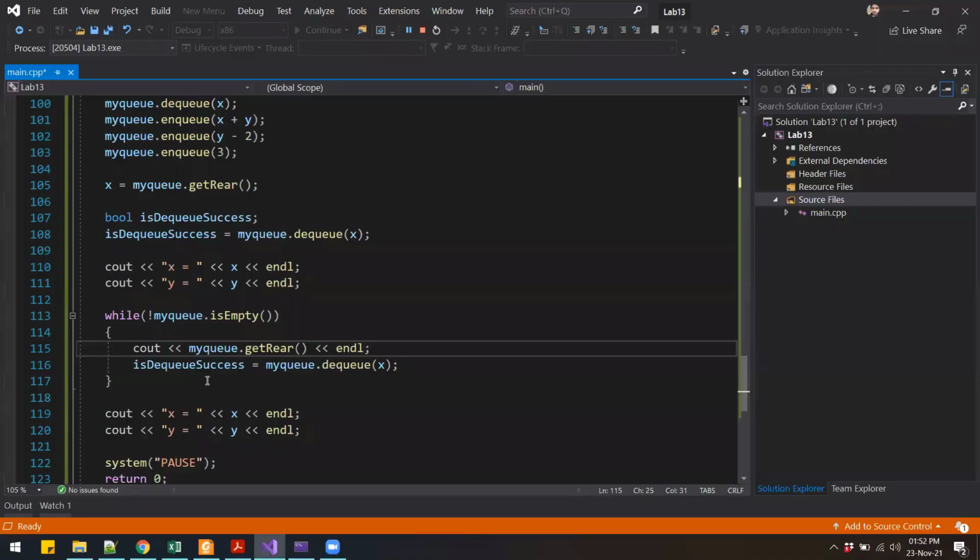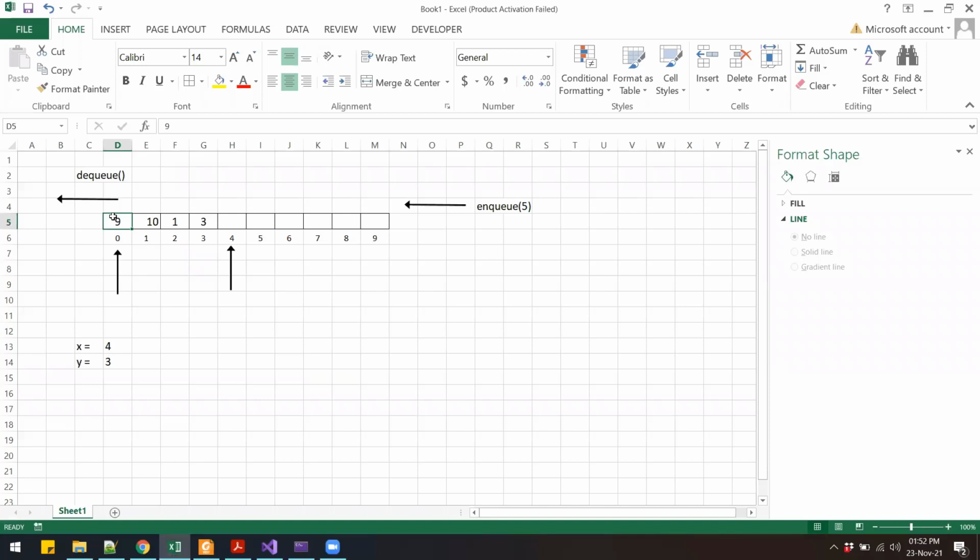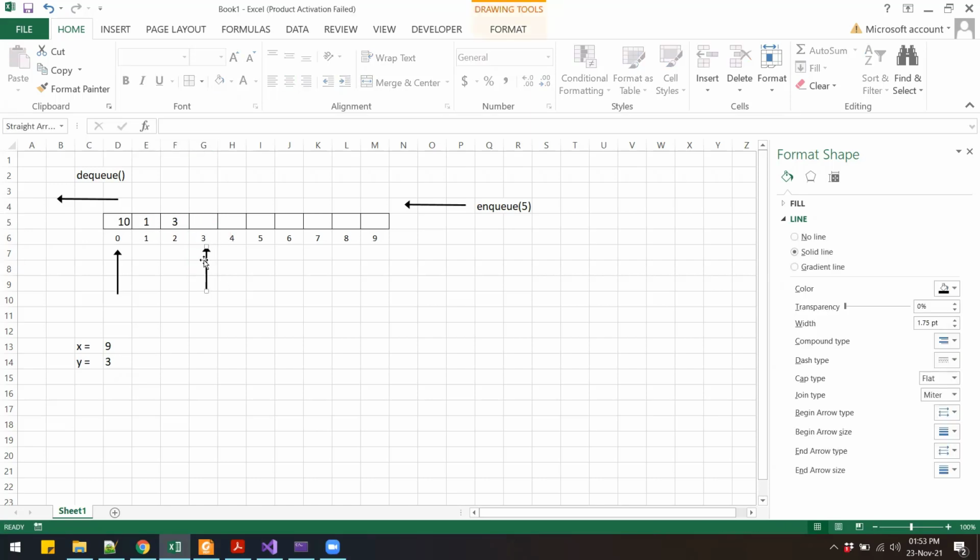And then we dequeue and put the value in x. So when we dequeue, this 9 will be removed and placed in x. So x becomes 9, and then all of this will shift 1 space to the left. So 9 goes away, right? And the rear comes at index number 3.